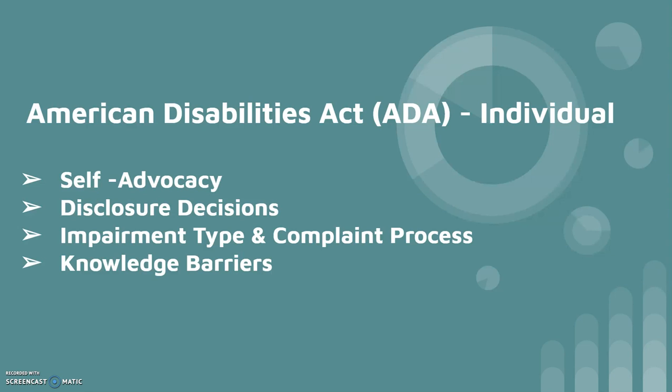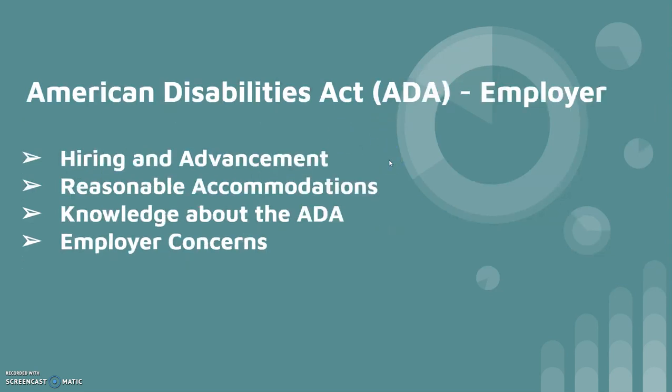This evidence comes from people with disabilities expressing difficulties or insufficient knowledge about how to apply the ADA to their individual job searches. From an employer perspective, they broke the study results down into 4 high-level categories with subcategories underneath them. The 4 categories being hiring and advancement, reasonable accommodations, knowledge about the ADA, and employer concerns. So from a hiring and advancement